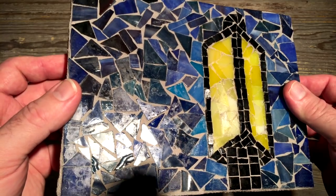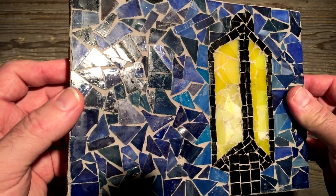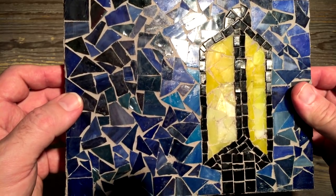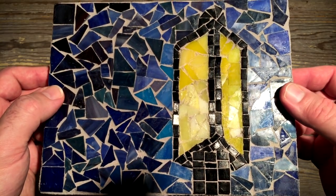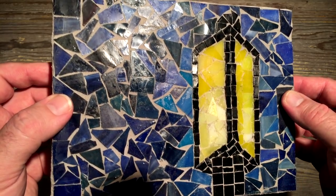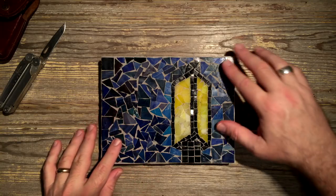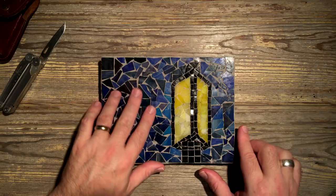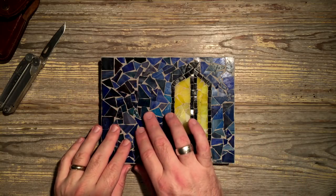I've seen Gregg do time-lapse videos of mosaics that he's put together where he does whispered voiceovers and talks about the project. And that is a really neat way to see one of these projects go together, but I've never really held one in my hands before, and just to see